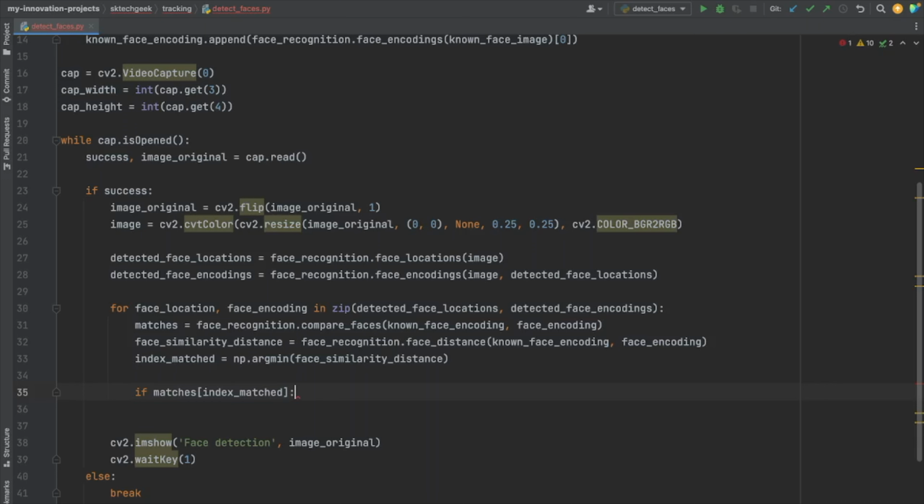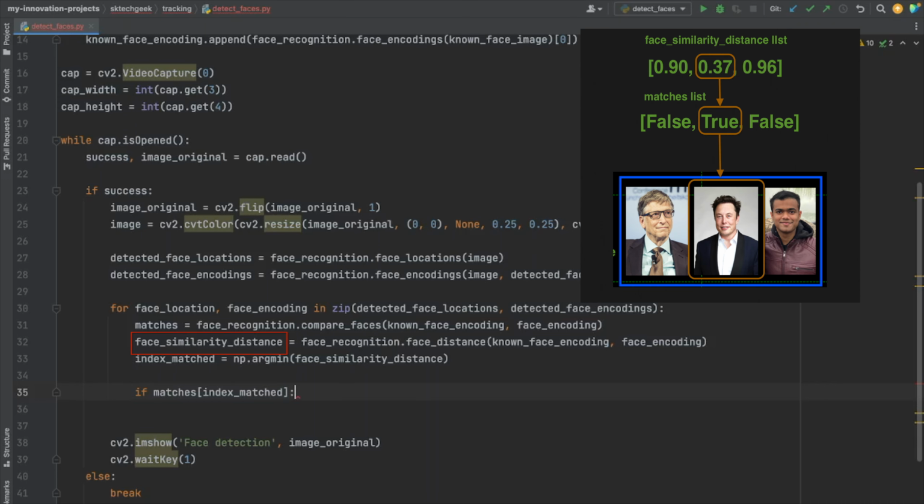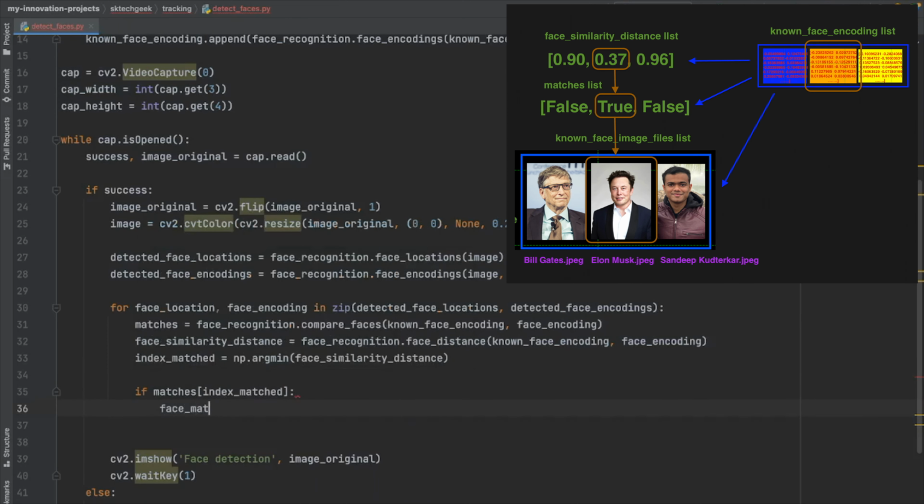If it is, we have a face match. This is confirmed because the element at this index in the face similarity distance list has the lowest value, and at the same index in the matches list there is a true value. Given that the matches and face similarity distance list originate from the known face encodings list, which in turn is derived